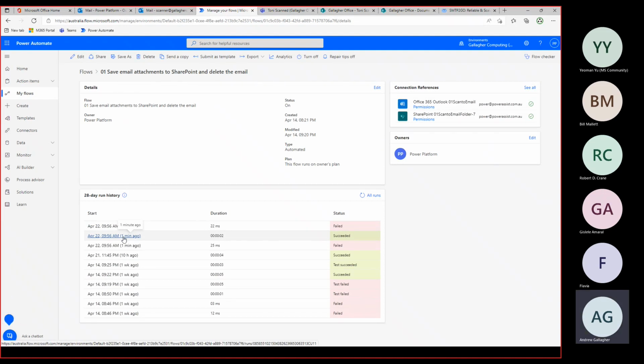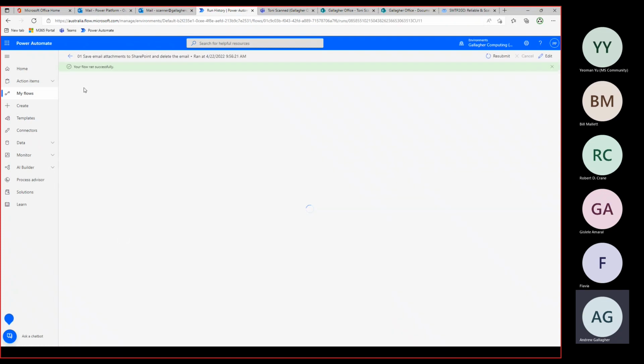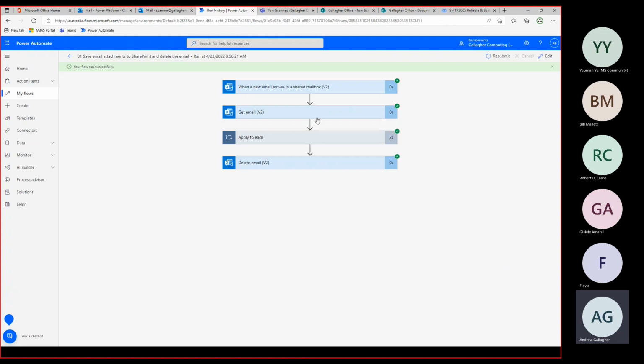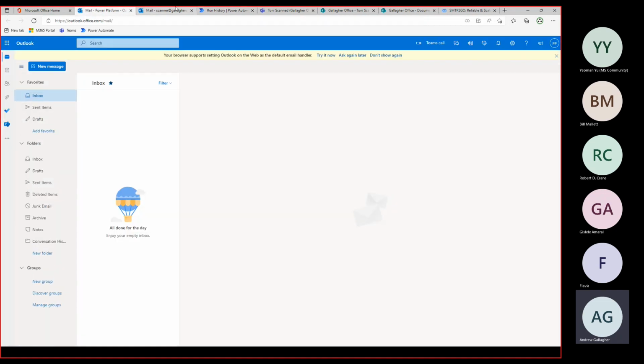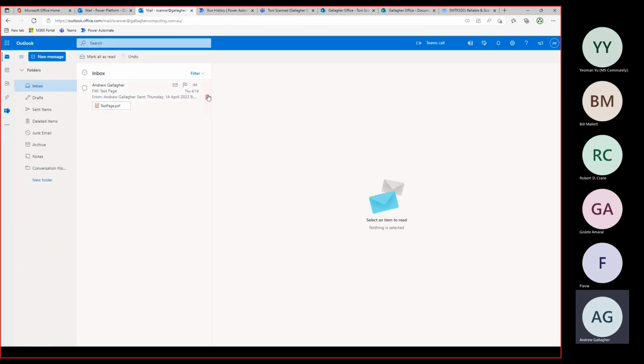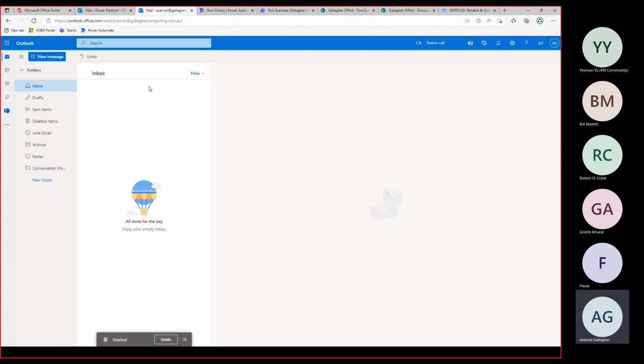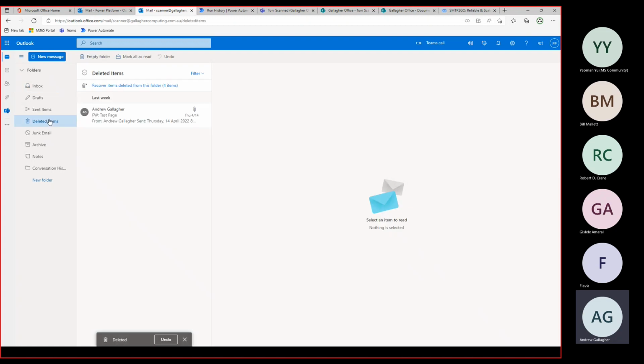So as I say, the triggers aren't instantaneous, within a few minutes, let's say. So here is our flow that has run. Thank you, Yeoman. Yes, I was getting a little bit impatient. It has flowed, and if we have a look here, forget that one that I moved. That was the one I moved back. It deleted the original email.